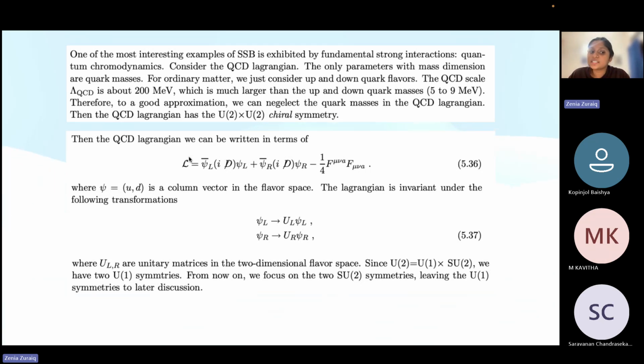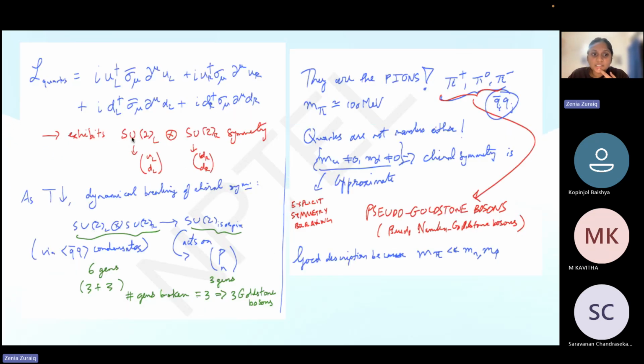Now, this symmetry also gets broken, because as the universe cools down, there are Cooper-pair-like quark condensates that form, like Q bar Q, quark anti-quark pairs combined together. They are not mesons; they are just condensates like a Cooper pair. And because Q bar Q breaks the symmetry between SU(2) and SU(2), initially this is the Lagrangian. You can see the left-handed term, the right-handed term, with SU(2)L and SU(2)R symmetry. As it cools down, they basically combine because of these Q bar Q condensates,